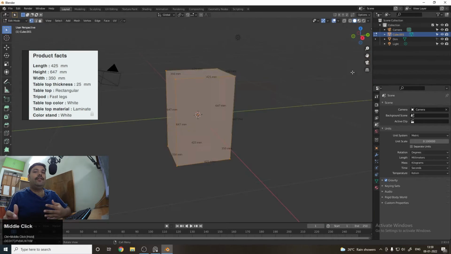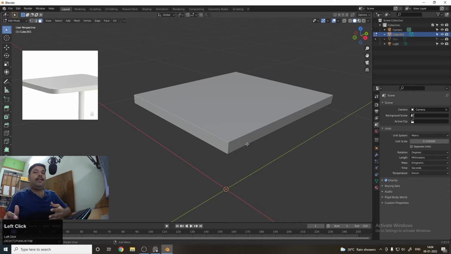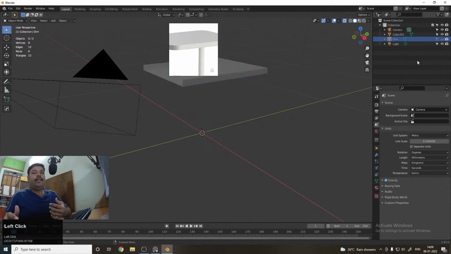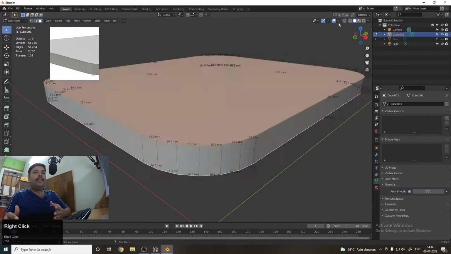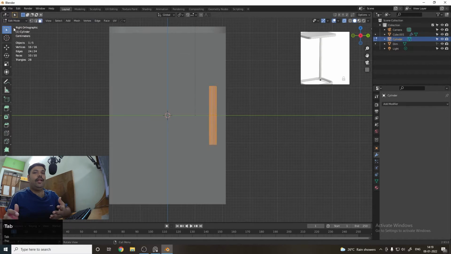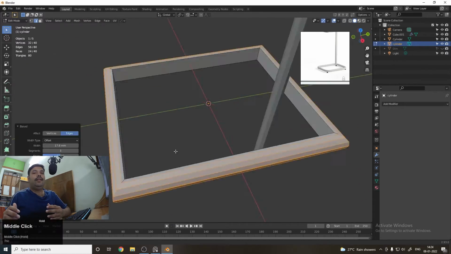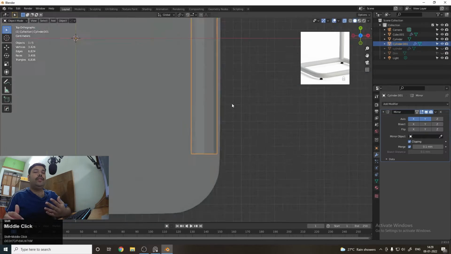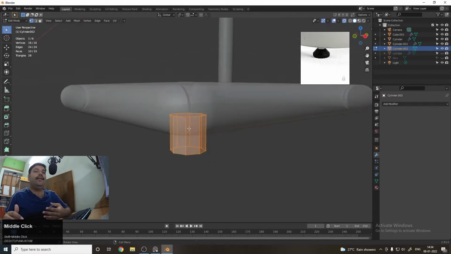I will introduce you to Blender and all the tools which we use in Blender, and we're gonna create the mesh in Blender. And after that I am gonna tell you how to apply basic material into Blender and how to do the basic render. So today's tutorial I am gonna explain you this, and in the next part of the tutorial I am gonna explain you how to do the UV unwrap part in Blender and how to make a photorealistic render in Blender.